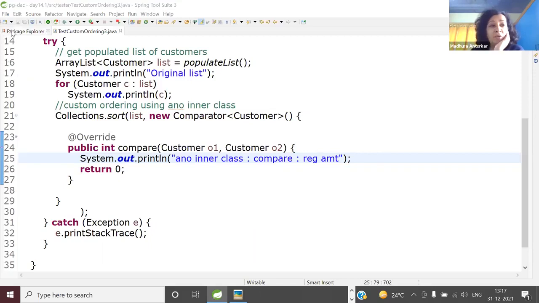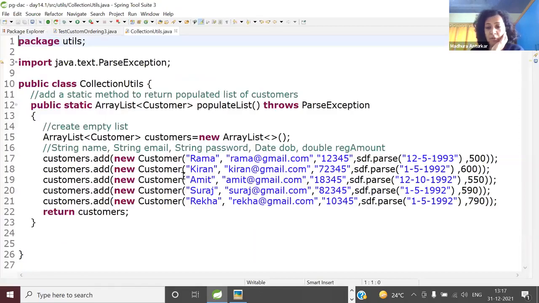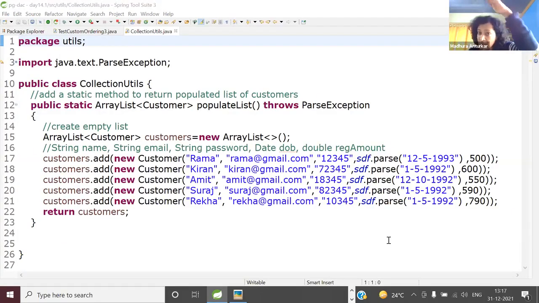In short, I'll tell you what output I want, so you'll understand it immediately. The first one is going to be ascending order for registration amount. So 500 seems to be the least, so Rama, then 550, that is Amit, then I think 590, that is your Suraj, then Kiran, and then Rekha.